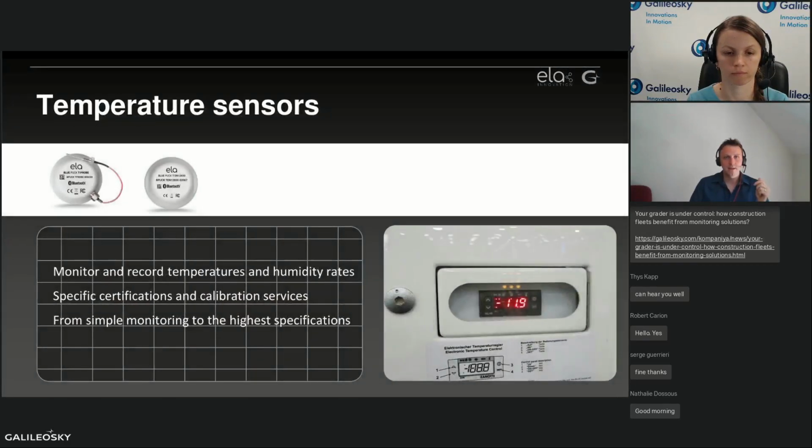So my next slide is about temperature sensors. Among all the sensors associated with GPS trackers, it is quite likely that the temperature sensors are the most used ones. And as a logical consequence, at Ela Innovation, we've given a very particular focus to this type of sensors. Obviously they're used to monitor and record temperatures and sometimes also humidity rates in various situations,